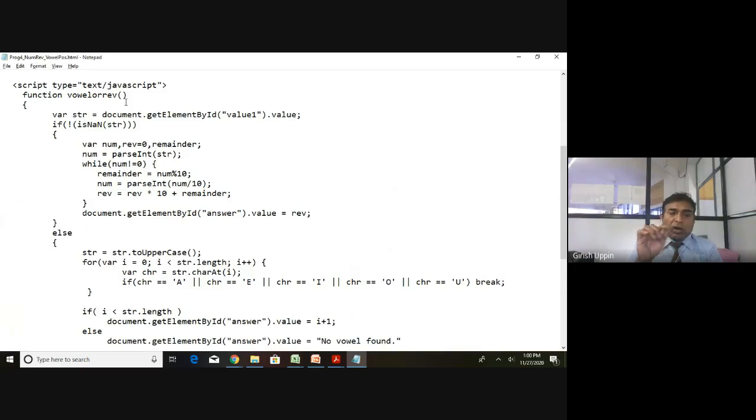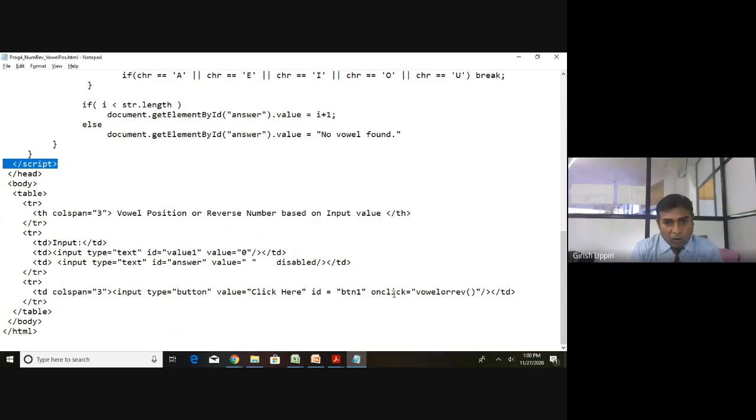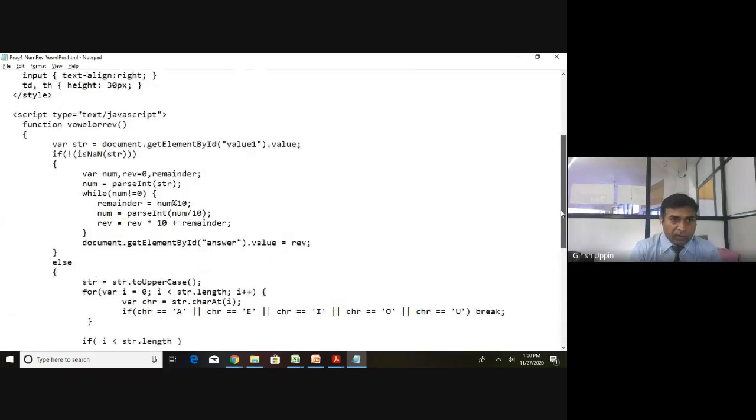This function is called when the user clicks on the button, on click. You can see here on click. For this particular button, I have set the on click event. When users click on that particular button, this function will be called. And what will happen once that function is called, we will see.